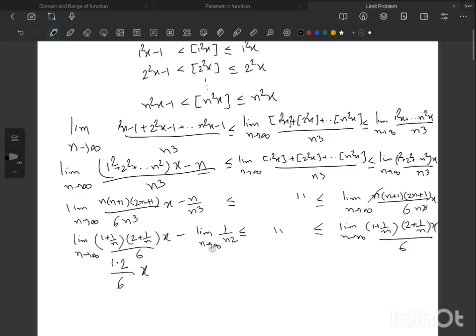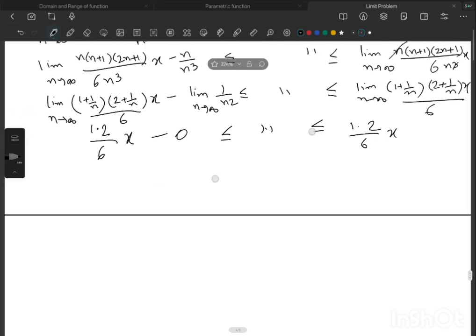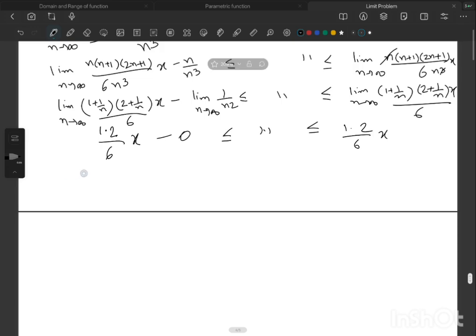Since 1 over n square tends to 0 as n tends to infinity, the evaluated limit of the other side will also become 1 into 2 divided by 6 into x. So our problem becomes x by 3 less than or equal to